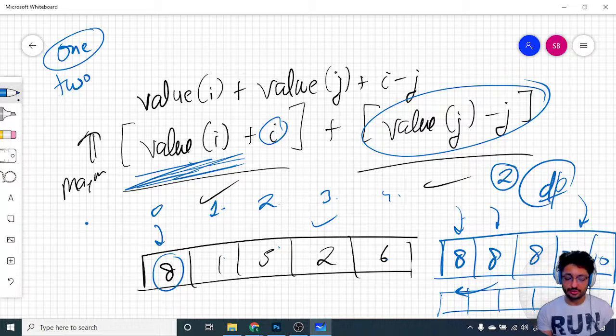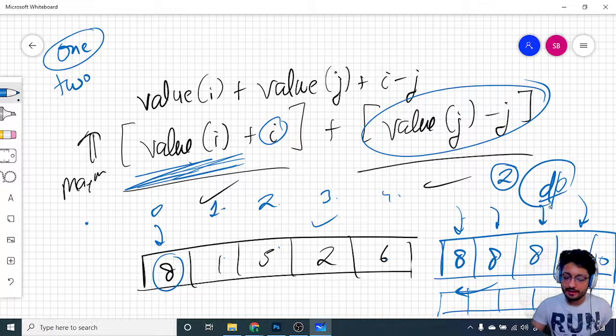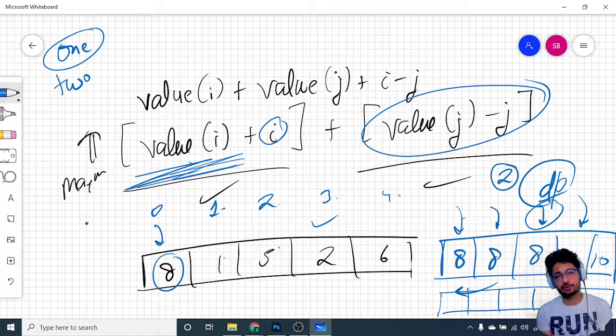And what I can do here is, let's say I'm iterating over the value of A[j] minus j from left to right. For a particular value of A[j] minus j, I know that till this point, the maximum of A[i] plus i is some element to the right, and I know that value. And thus what I can do is make a pair out of that. I know the value of A[j] minus j, I know the value of A[i] plus i. So they can match up to make a pair, and that's the answer. I can find out the pair for that particular answer and maximize over all the values.